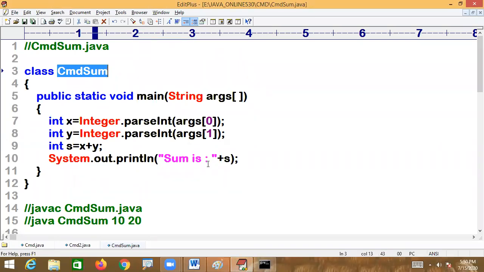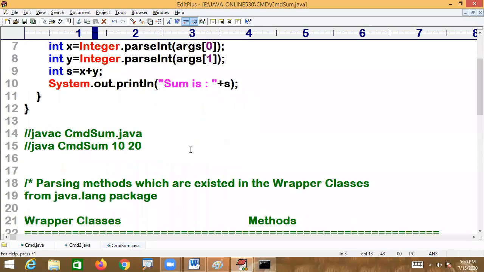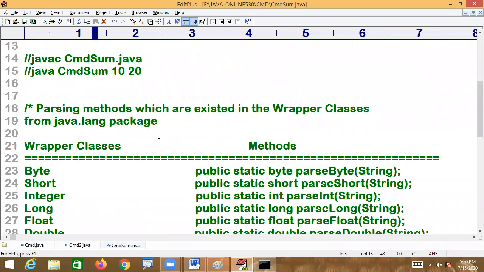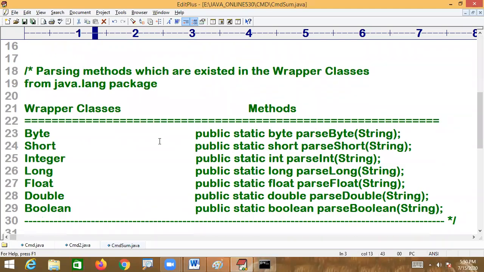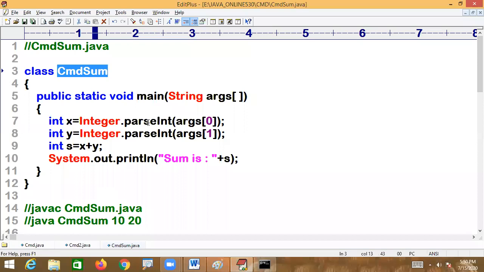I hope now you got the point and are very clear about command line arguments. This is very, very easy, but keep these points in mind so that you will get very good experience on command line arguments. I hope everyone got clarity on this particular point. Is it clear for you, my dear? That's all for the session today.